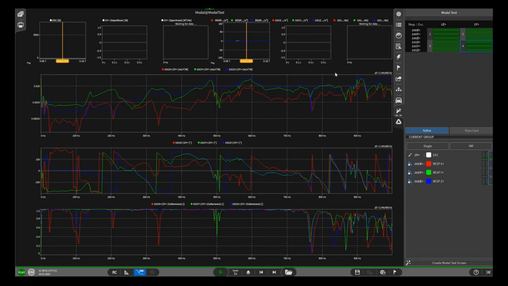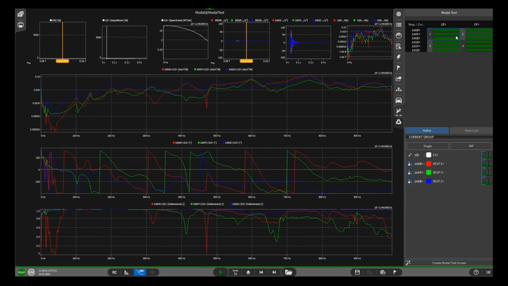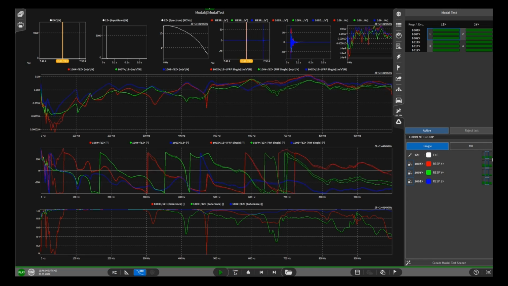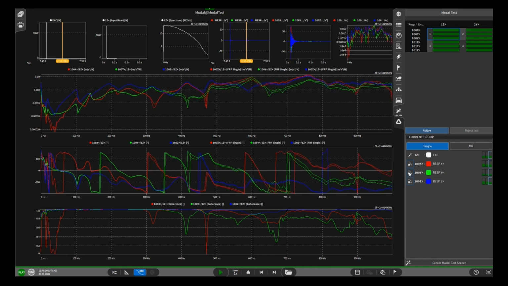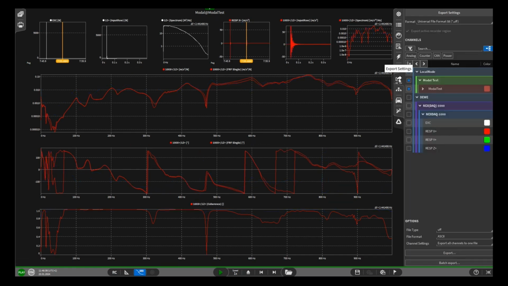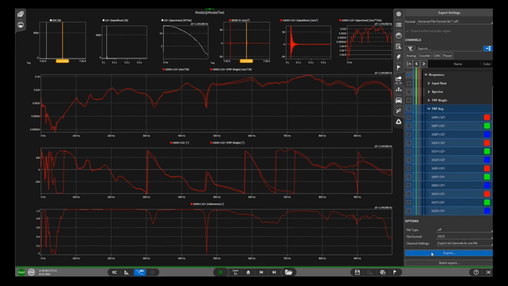Oxygen offers you various options for working with the data. For example, you can switch between the individual measurement groups. You can also see the data of the single strokes and switch back and forth between them. You can also show and hide individual transmission paths. In the end, you can export all measured signals to the UFF format and continue working with them externally. Once you are finished with reviewing your data, you can go back to the live mode and start